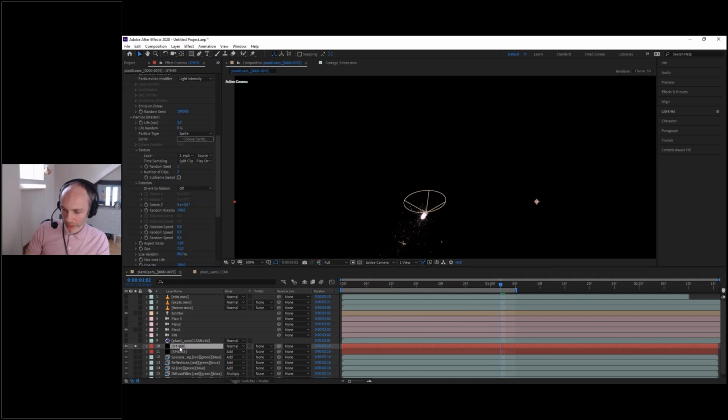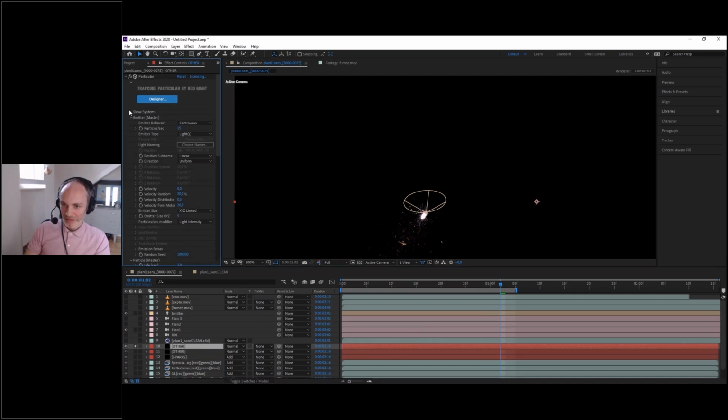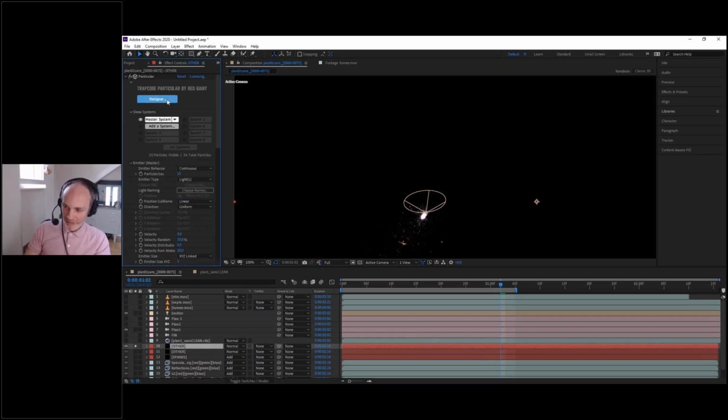Okay, and now I can recycle these setups by creating another movie clip. Actually I could do it inside the system here, but to duplicate the system, I need to go inside the designer. So I'm going the fast way, because I don't have much time.